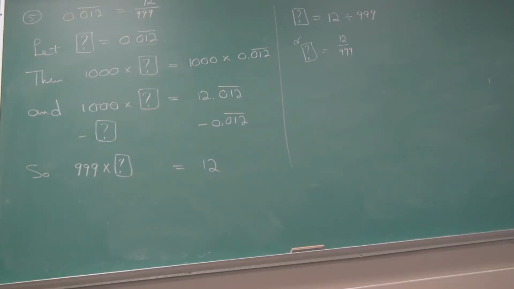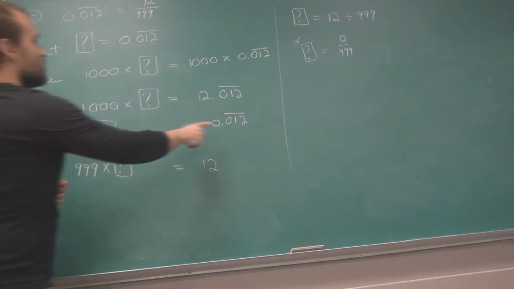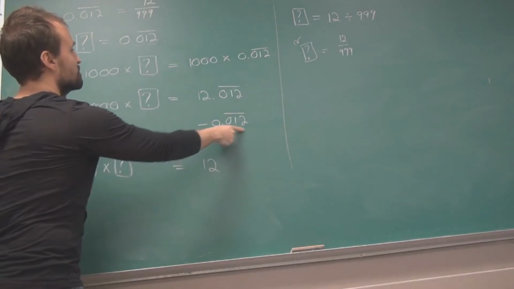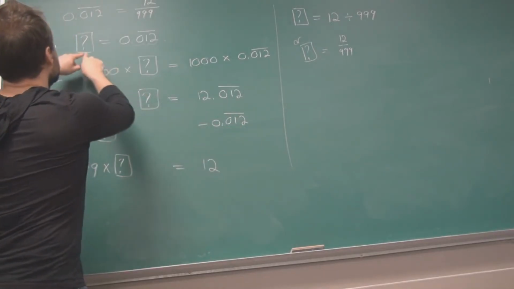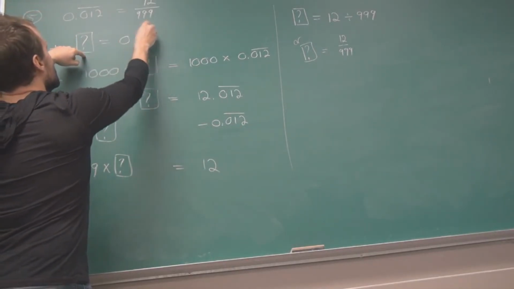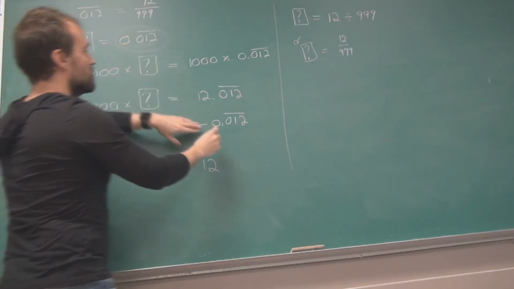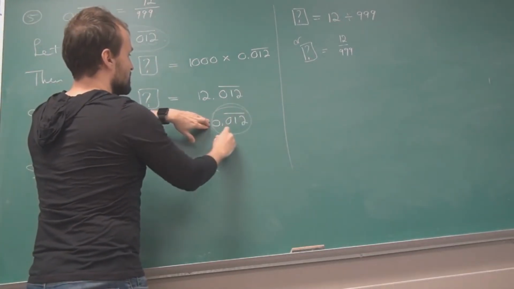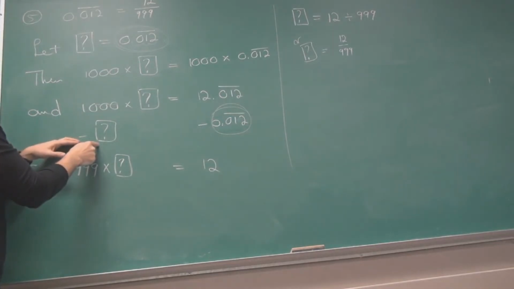Yes? I understand it's like apples and stuff like that, but the 1,000 times the question mark, you're taking away a question mark, why do you still have a question mark? Because I had 1,000 of them. Okay, but I'm not only taking one away though. Like, the question mark isn't one represented. No, the question mark is one. It's totally one. 0.012. One of these is what I'm taking away. Question mark represents this. I'm taking away this exactly. So I'm taking away question mark.